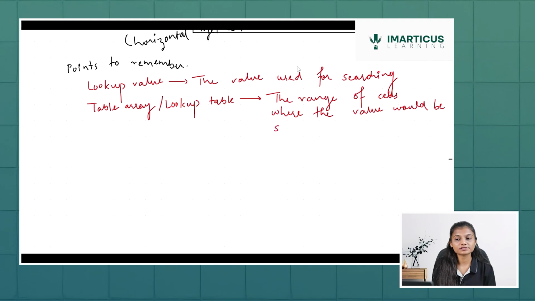And result would be generated. Means based on the search, what result do you want over here, that would be generated. So table array is the entire range of cells, or the entire table which we will be properly selecting over here. Now after lookup value, after table array, the key important terminology over here is nothing but row index number,